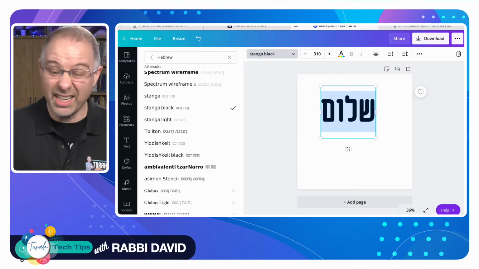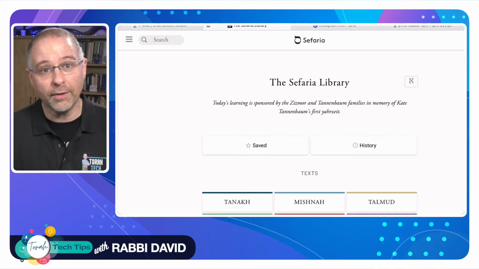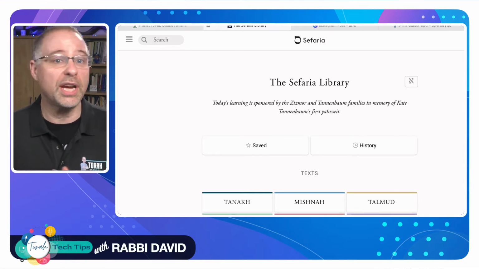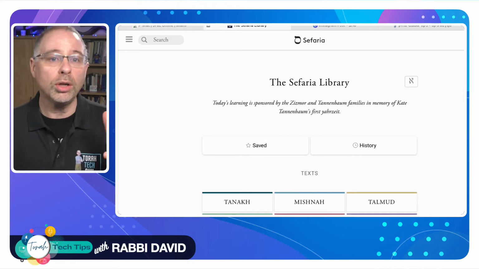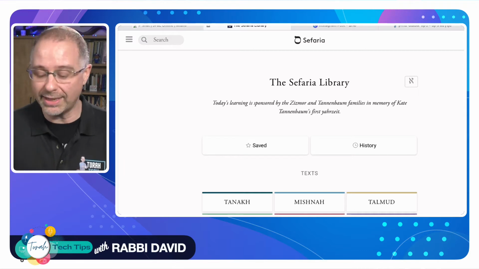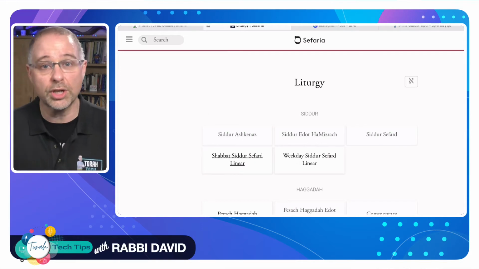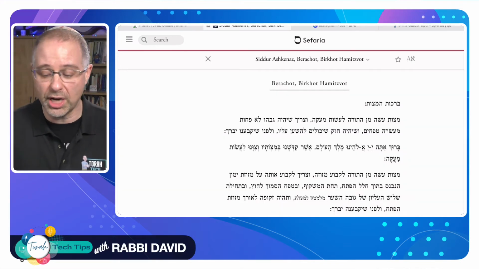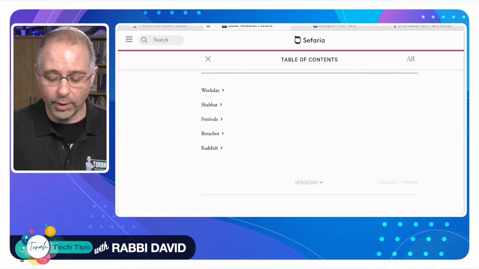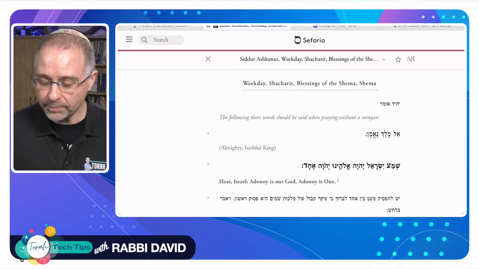The first, again, is going to be pretty obvious, and I'm sure many of you have used it, and that is Sefaria. Sefaria has the entire Tanakh, the vast majority of liturgy, and the vast majority of rabbinics, all in their library, and you can access it, you can copy it, you can use that text, and the vast majority of it is vocalized for you. So if I'm teaching liturgy, for example, I jump into liturgy, Siddur Ashkenaz, and maybe I want to teach the Shema. So I'm going to click through here and get to the Shema, and then I can simply copy this text,